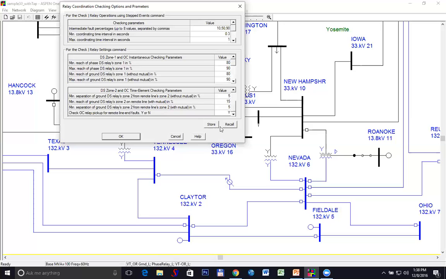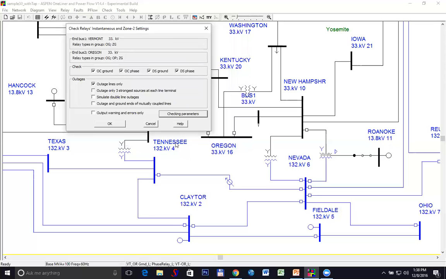Then the person receiving this can just press the recall button and specify the file name, and the program will automatically copy these settings to this person's computer. So this way you can get everybody in the company on the same page in terms of what to check for. So this is the dialog box. Okay, so much for this.